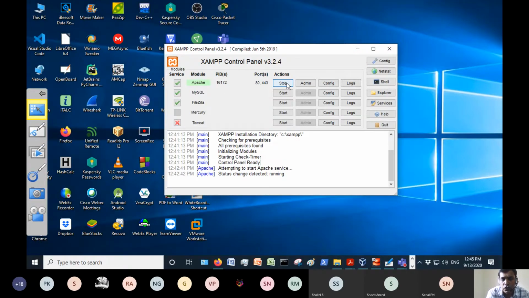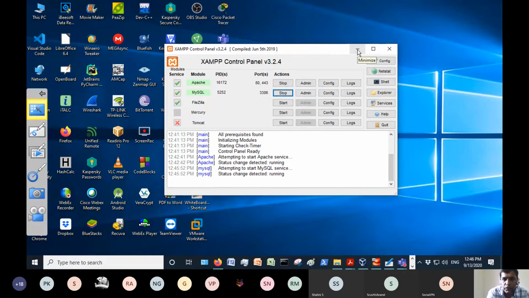So now this is how you should run it. And if you need MySQL, you can also start that. Right now it got started, and the port it is listening on is 3306. That is the well-known port for MySQL. And right now on these two buttons you see a stop button, because it is already running. At some point of time, if you want to stop, you can stop it. So now your Apache server is up and running.